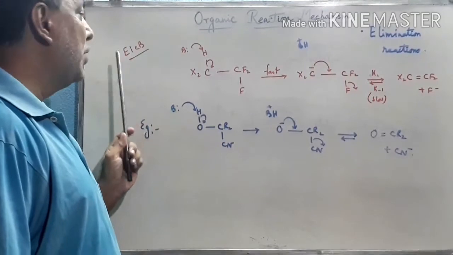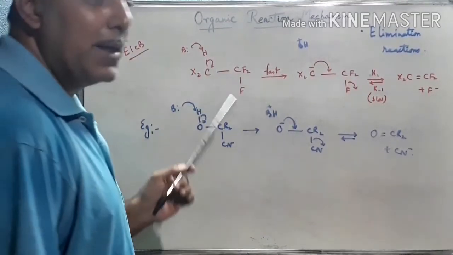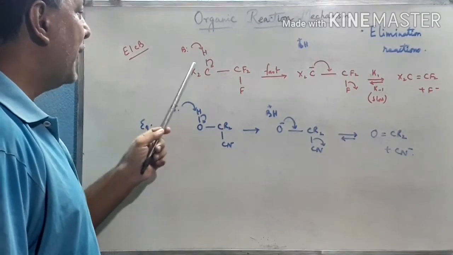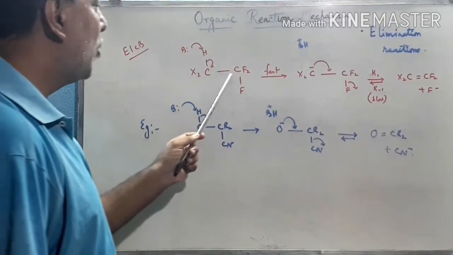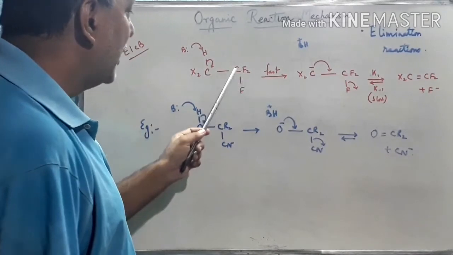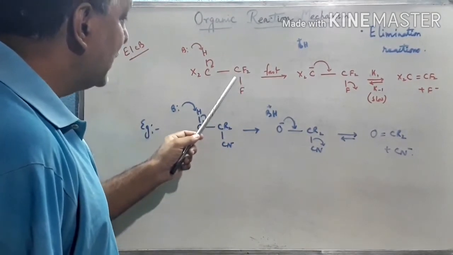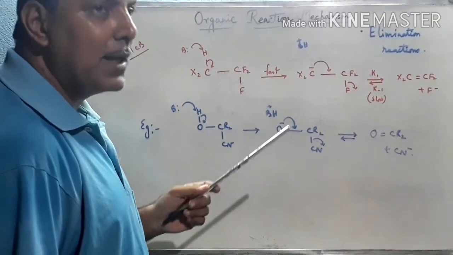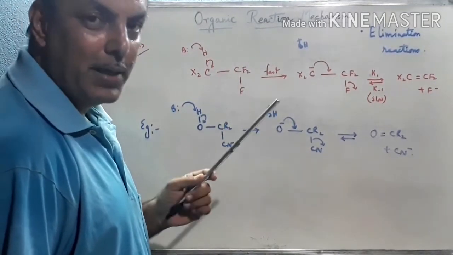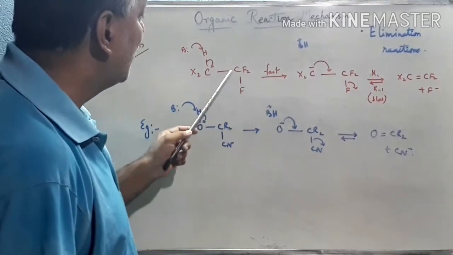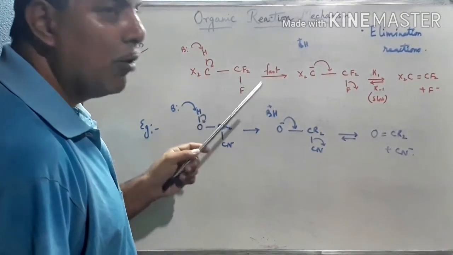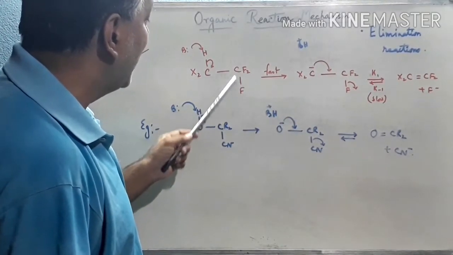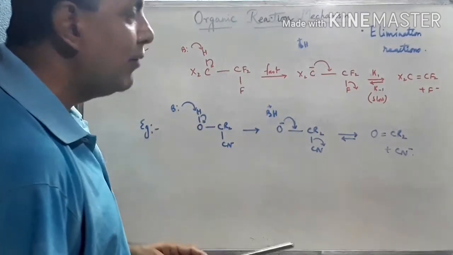Another reaction is E1CB. See this mechanism, and after this I am explaining the term first. See this CX2H, where X may be the halogen atom. Single bond CF2, single bond F. See this, fluorine is the most electronegative, but the topmost element of group 17, hence very small in size, so bond length is very short, overlapping region becomes very large, and that's why the bond strength becomes very high. So fluorine is a bad leaving group here.